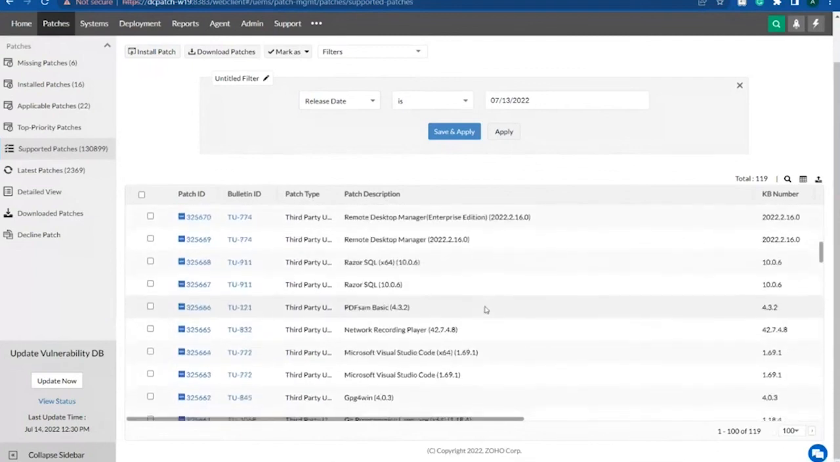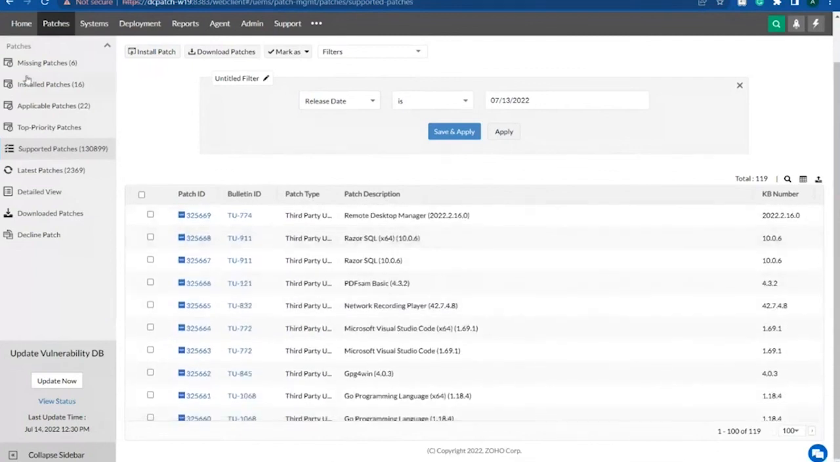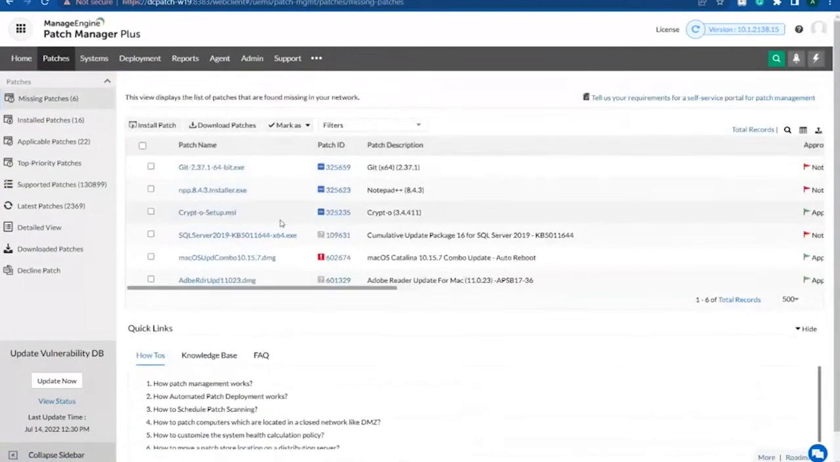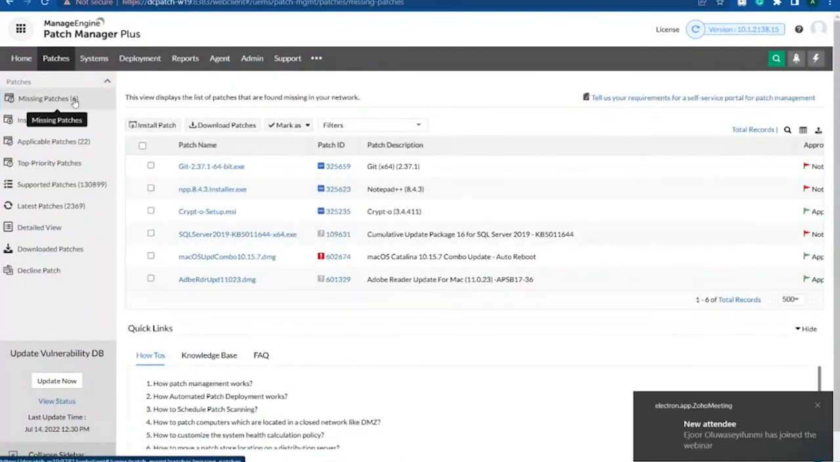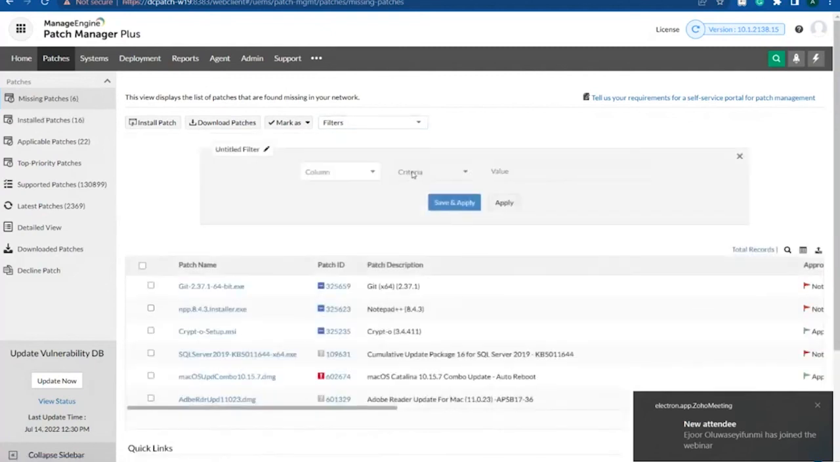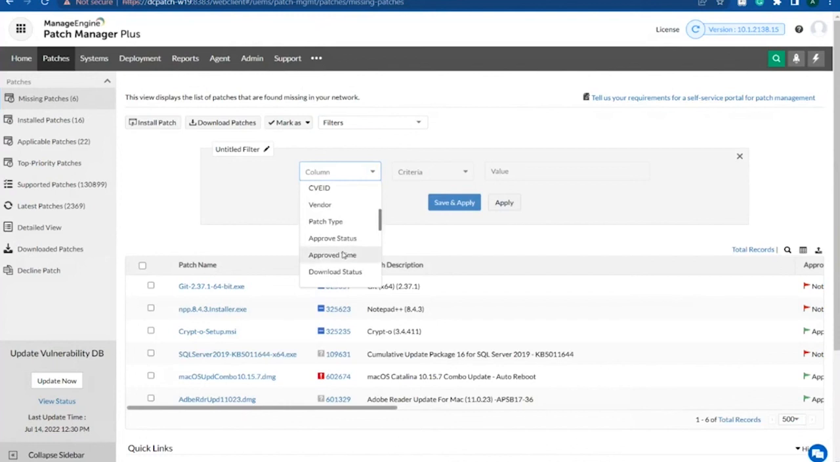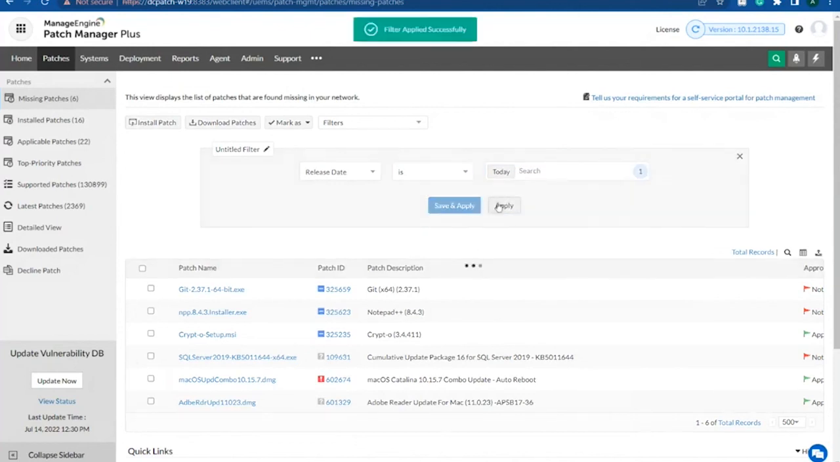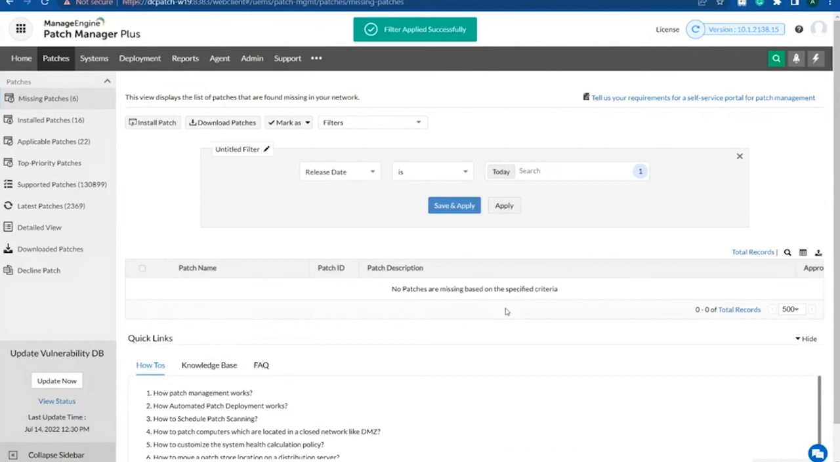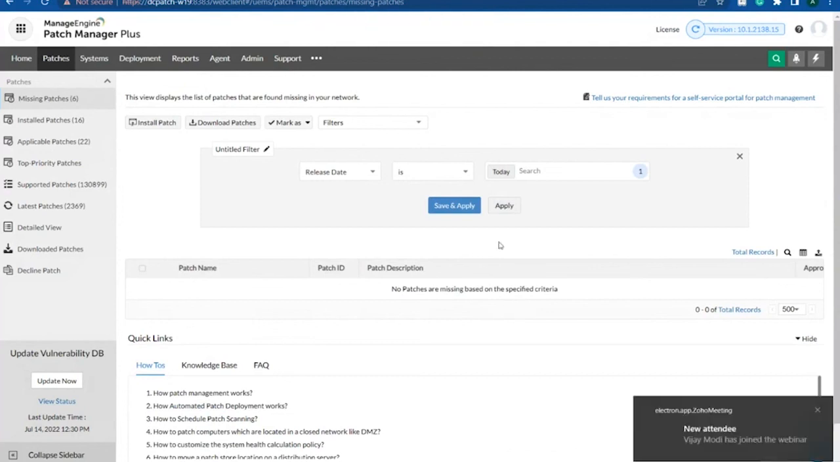Now you can also use this filter to check for the patches that are missing and were released on a particular date. Just go to any of the views. For instance, we'll go with missing patches. We'll add a filter by clicking on the plus button and selecting, as usual, the release date. And we'll go with today. Let's see if any patches that were released today are missing in our system. We applied the filter, and we see that no patches are missing that were released today. Okay, coming back,